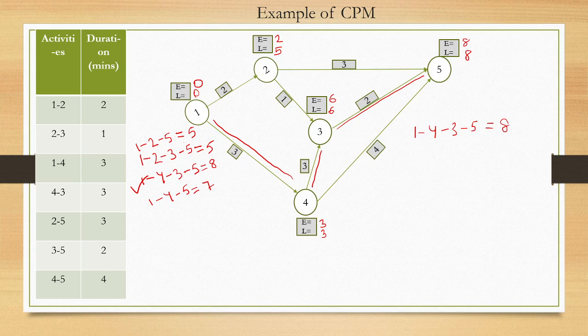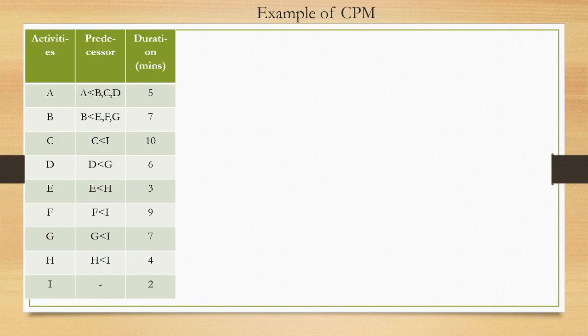Let's look at the next example, with a different type of network diagram. This question was asked in GATE 2019, and here the activities' predecessors are given with their durations. You need to find the critical path and the project duration. When you draw this diagram, it is very complex, but you can find out the critical path and project duration directly using the shortcut method.